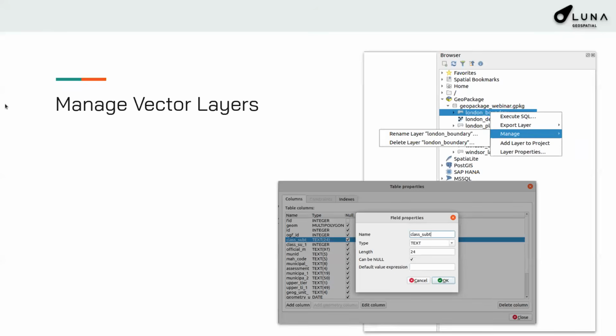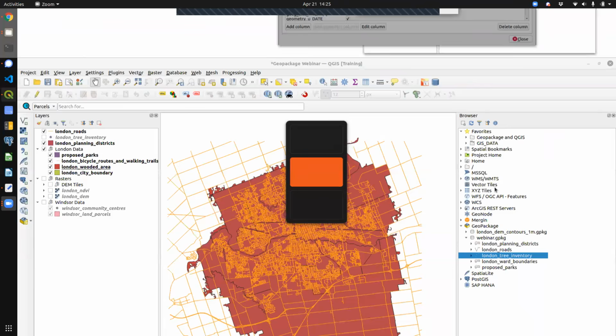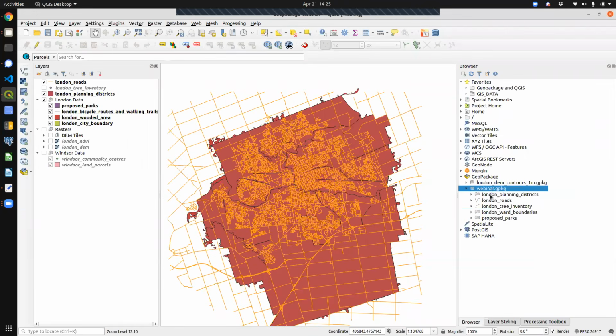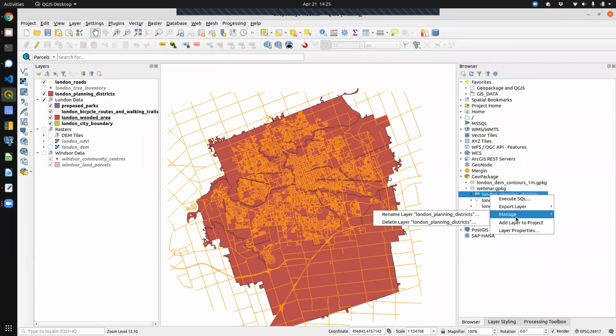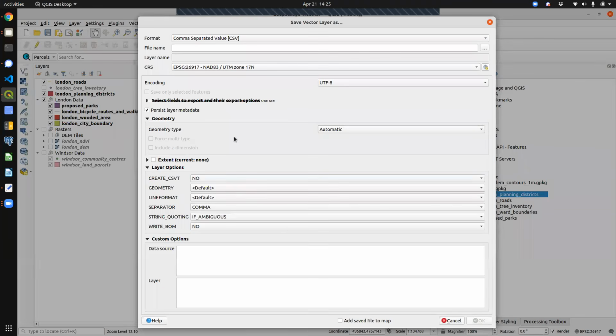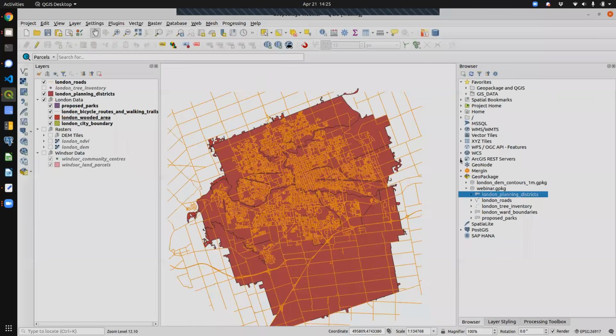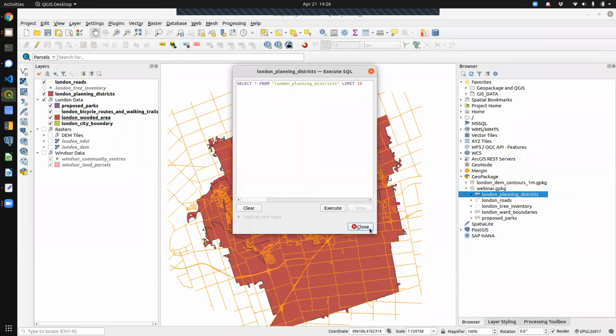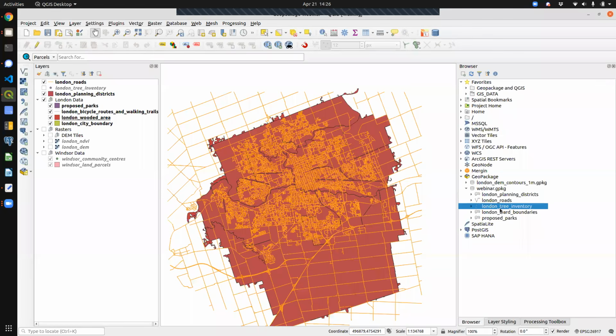Okay, how can we manage the vector data? You've seen this already. We can manage in the browser panel. So if we come into the browser panel, we can do things like, let's say for this planning districts, we can manage, we can rename, we can delete, we can export the layer. So if you did want to export it to shapefile format or CSV or whatever you really want, you can do that from here. You don't actually have to load it into your project before you do it. If you want to execute some SQL on this, you can do that as well. If you want to add layer to a project, you can do that. You can look at the layer properties. So pretty much that's what you can do within the database manager,